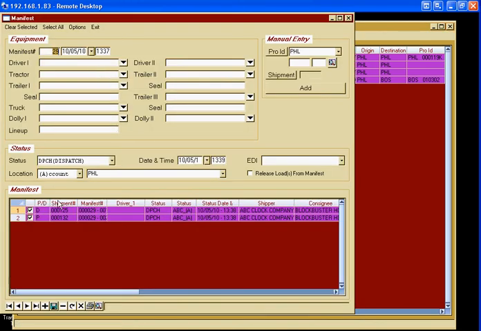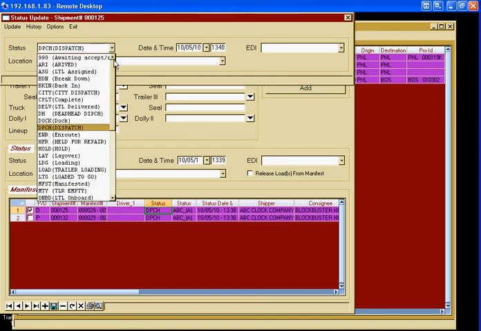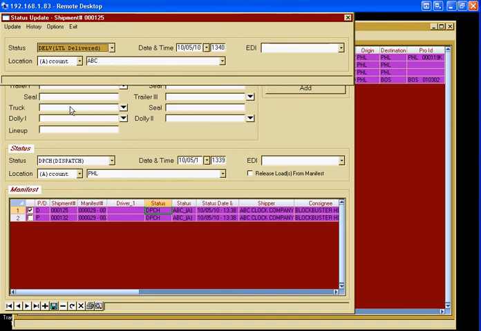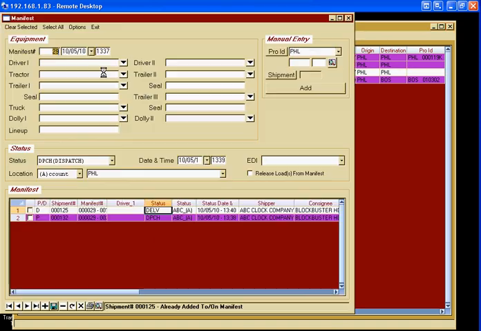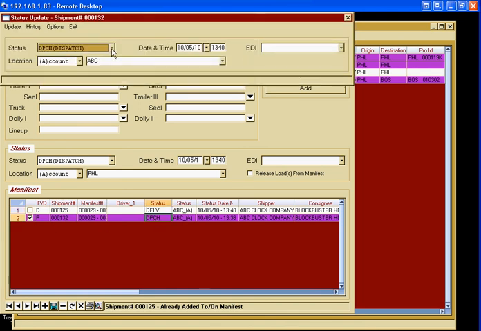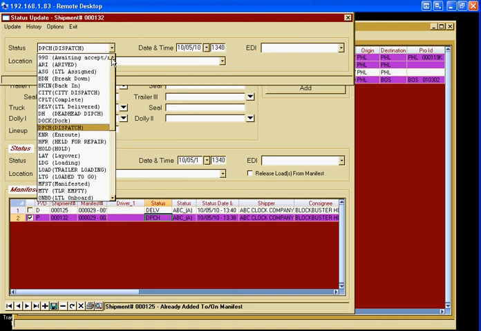I'm going to take this manifest, and on this first one, instead of doing a global change of the status for everything in my manifest, I'm just going to click on the manifest, the status itself of the shipment, and I'm going to say, hey, this particular load has been delivered. Update status. And I'm going to say on this particular load, it's a pickup. It has been